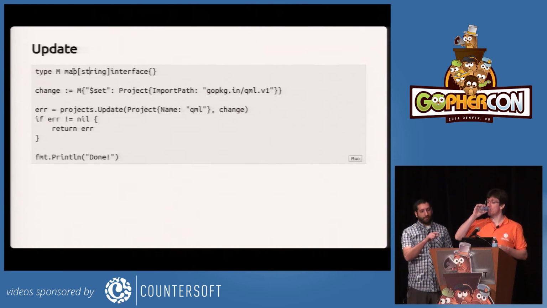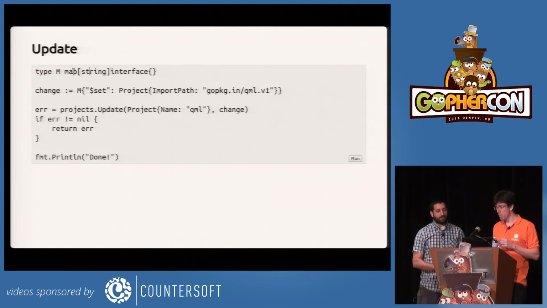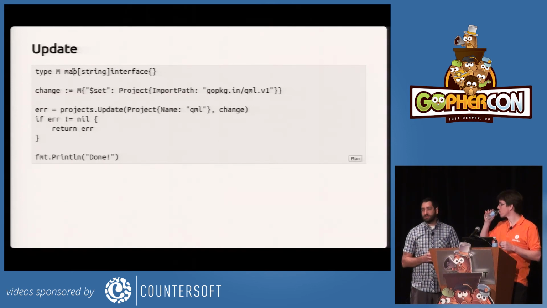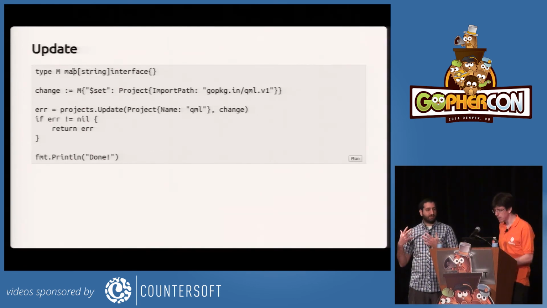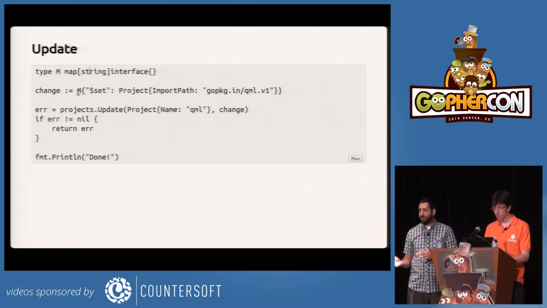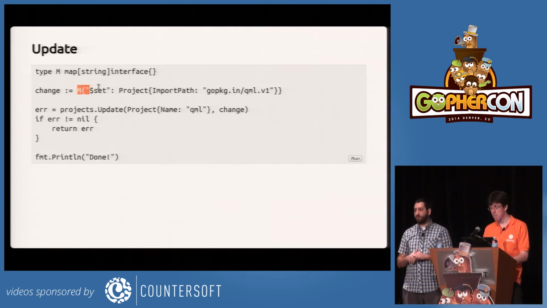An interesting property of what this is doing is that this dollar set operation is one of about a dozen different atomic operations. What this will do is just change that single key within the document. So the rest of the document will persist and stay the exact same way it is. It won't be touched. It's an in-place document update, unlike some other databases that append. This one is very efficient in that it only reaches into the BSON and changes that one value.